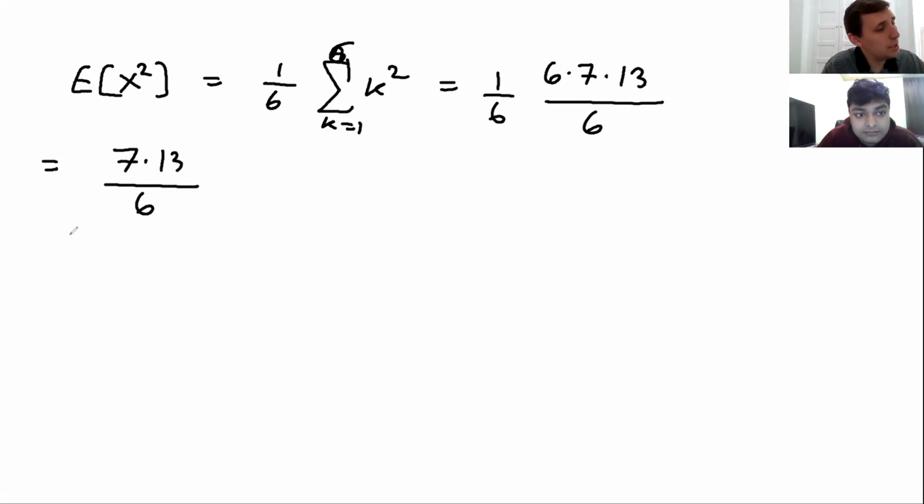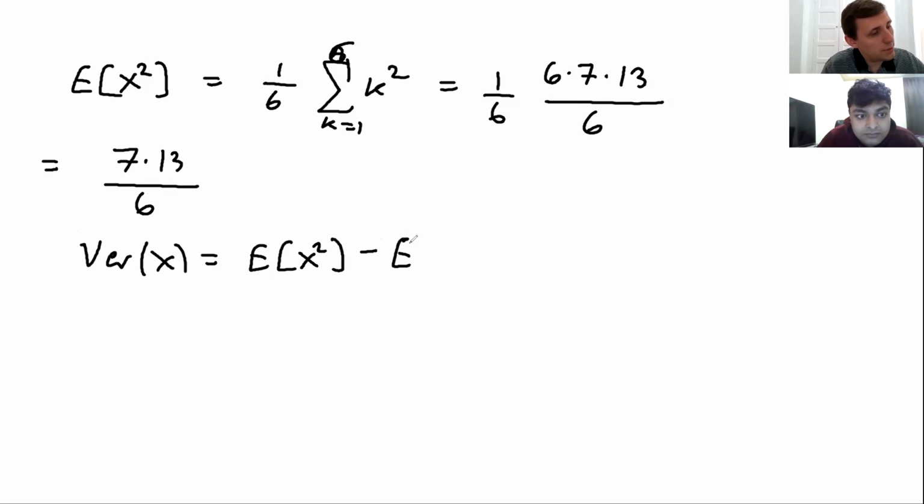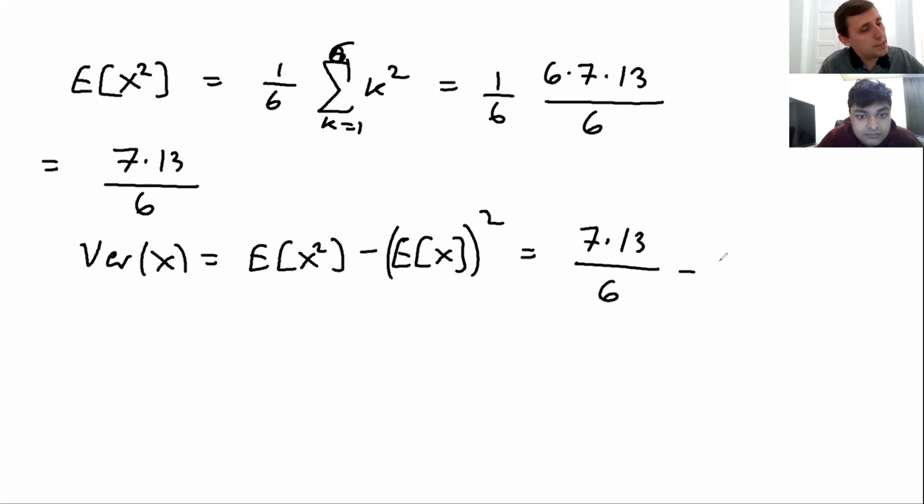So then we take the variance of X, which is the expected value of X squared minus the expected value of X squared, which is 7 times 13 over 6 minus 7 squared, right? So what's that? This is just 7 times 13 over 6 minus